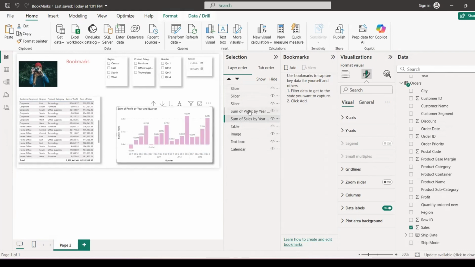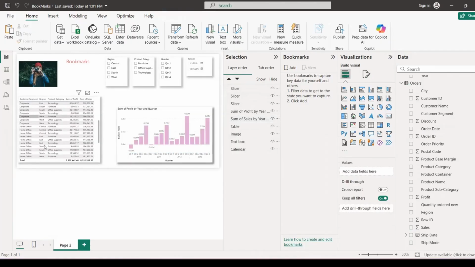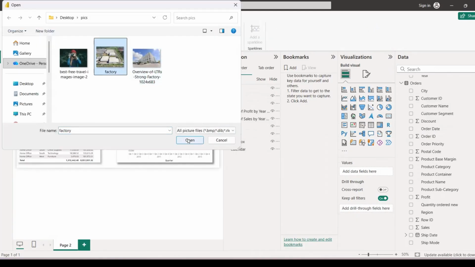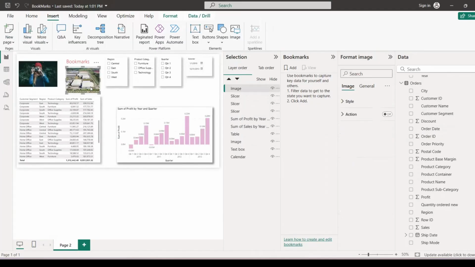And now, if, for example, I want to add another picture behind the table, I'm going again in insert image, and I would like to add the picture of this factory first. And I will put it on the same spot with the table.